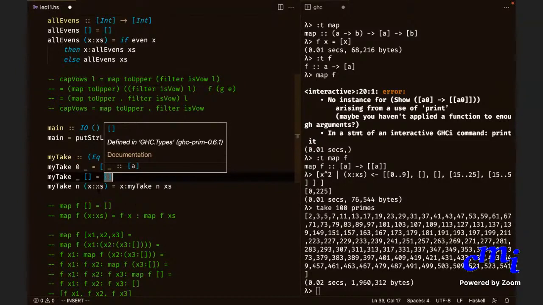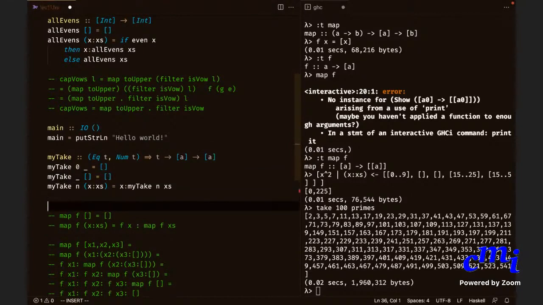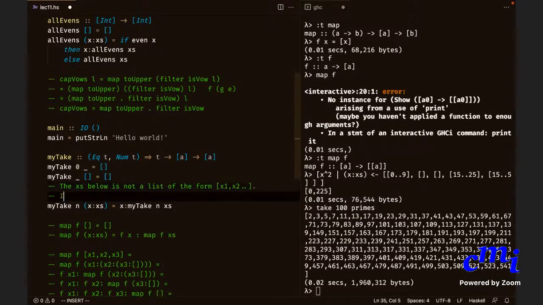Okay, recall that the main thing is that this excess is not, I'll write it here in words, a list of the form x1, x2, ... It is really an expression of type E, which when evaluated produces a list.